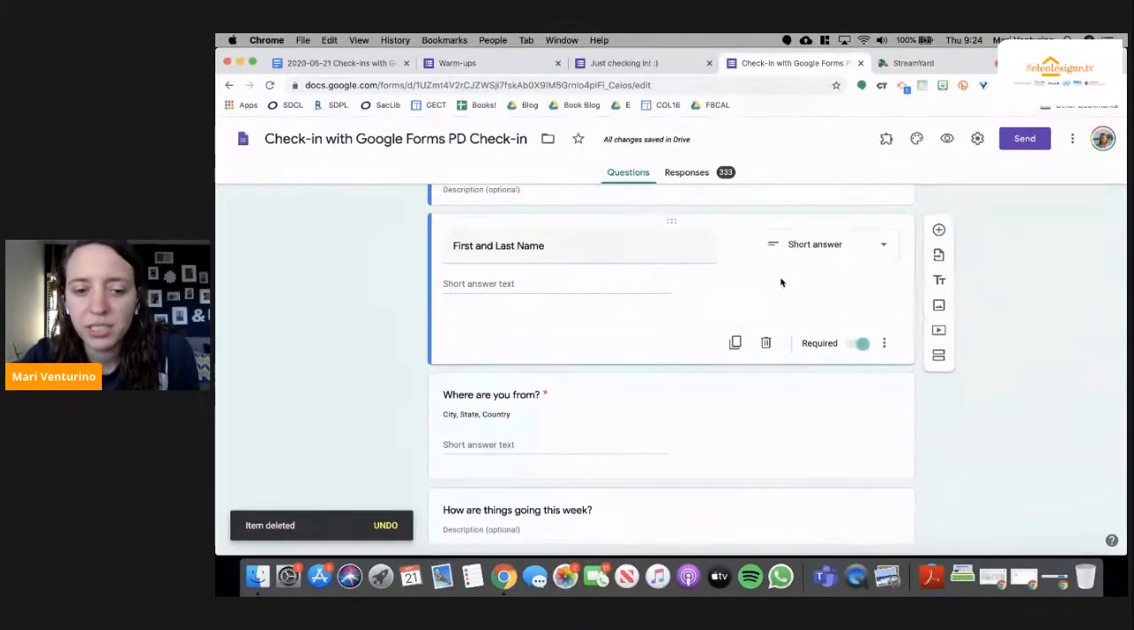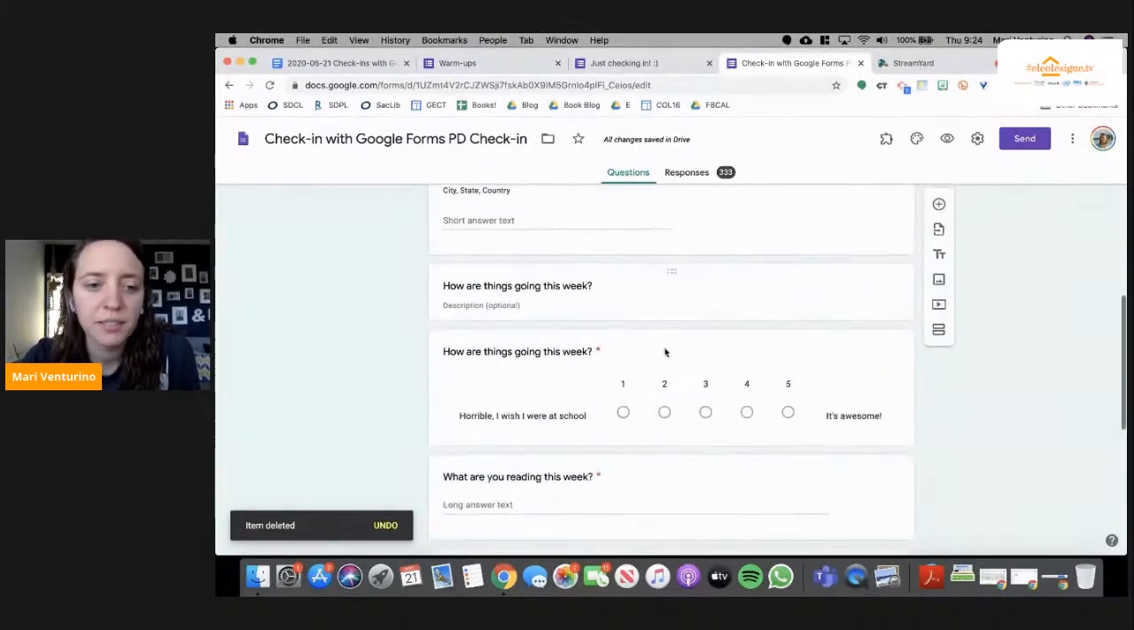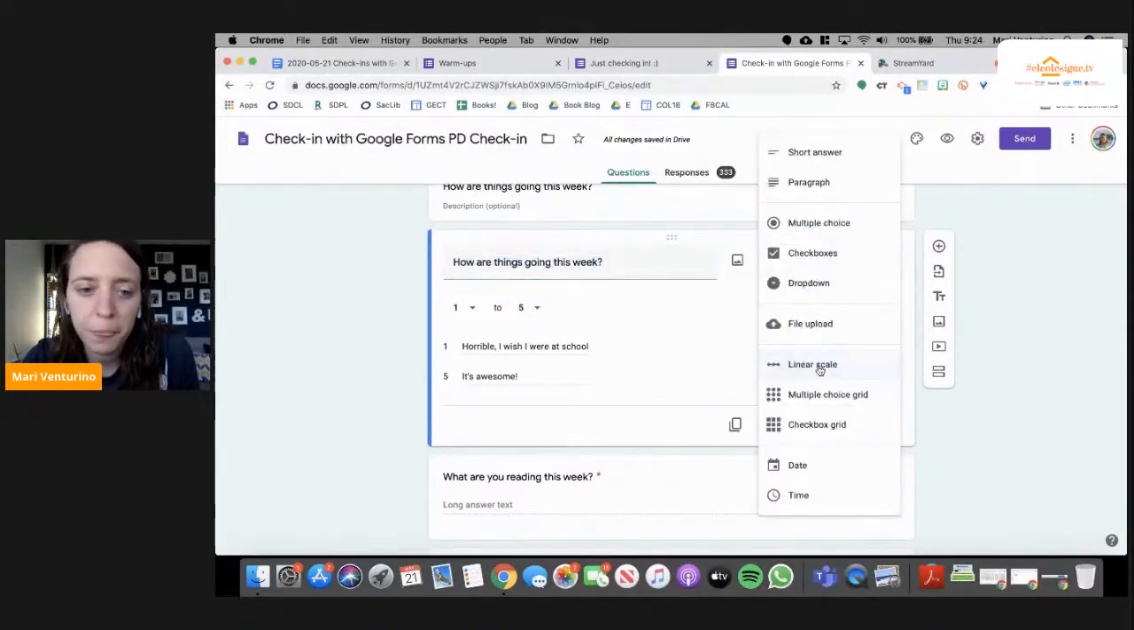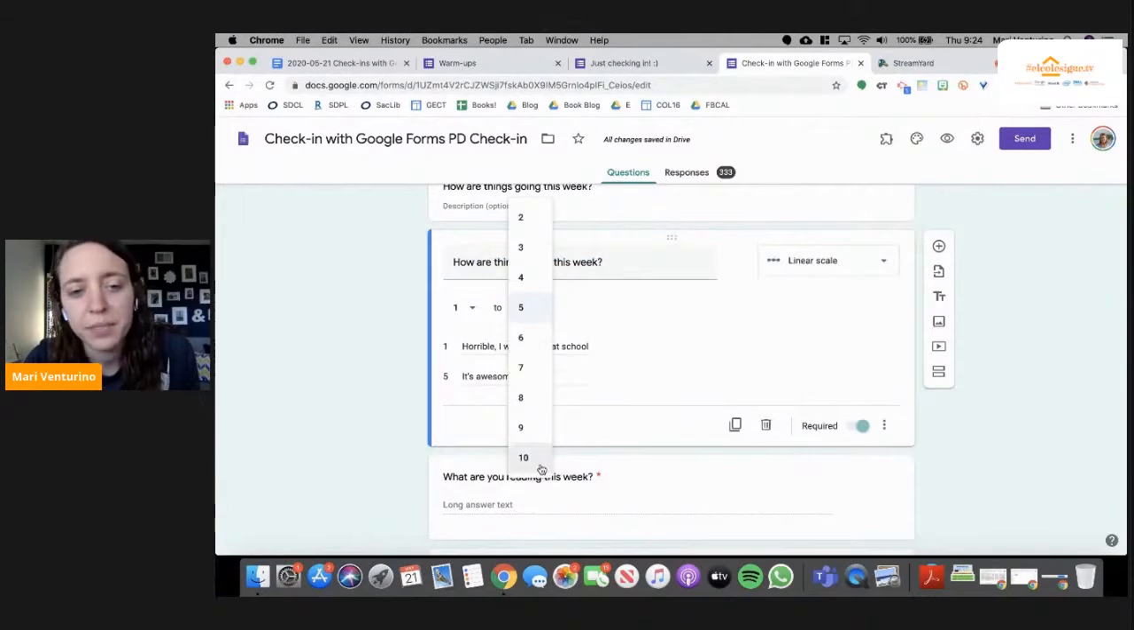Other types of questions that are useful down here, though: how are things going this week? I used the linear scale. And so I did on a scale of 1 to 5. You can go all the way up to 10, which is a great way to use